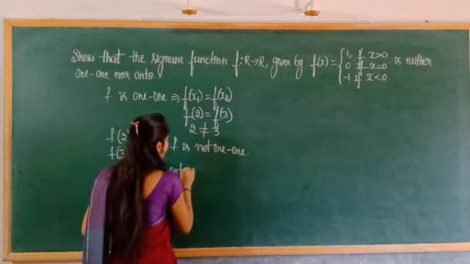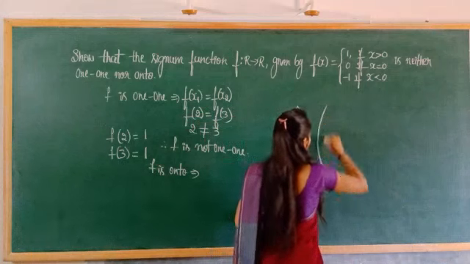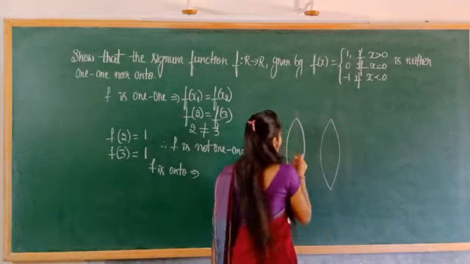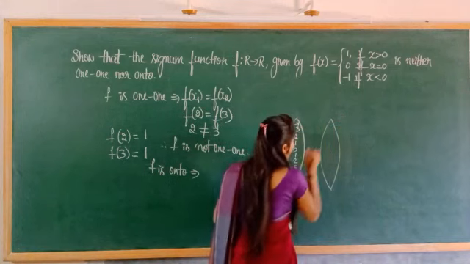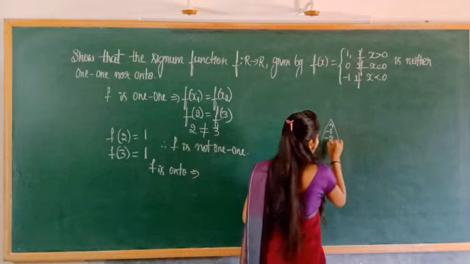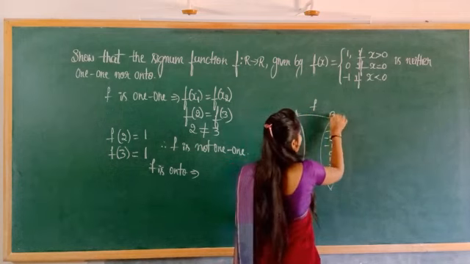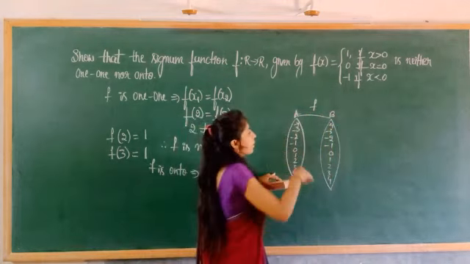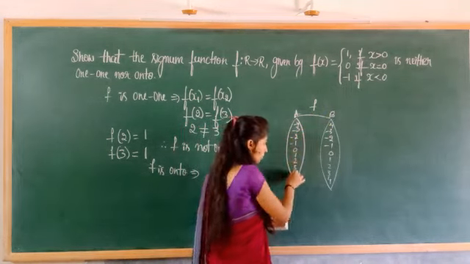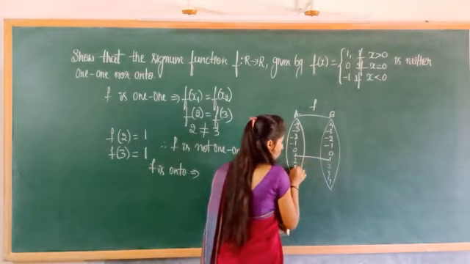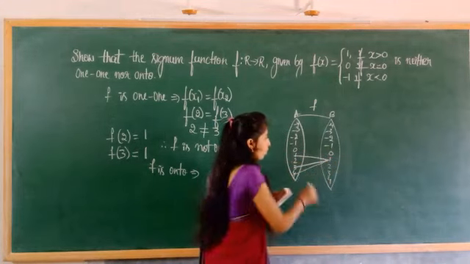For the onto condition, you see here, the function has values 0, minus 1, minus 2, minus 3, minus 4, and here positive values 3, 4. And here minus 4, minus 3, minus 2, minus 1, 0, 1, 2, 3, 4. Okay, this is our function from A to B. You see here, if x is greater than 0, means any value greater than 0, 1, 2, 3, 4, whatever it may be, it is all related to positive 1. Whatever value x is greater than 0, that is all related to 1.